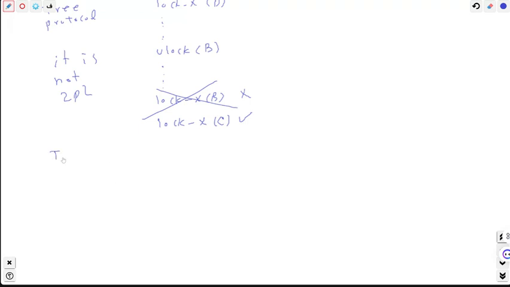Suppose we have transaction T10. The first lock of transaction T10 is lock-X B. Then lock-X E. Then lock-X D. And after that,